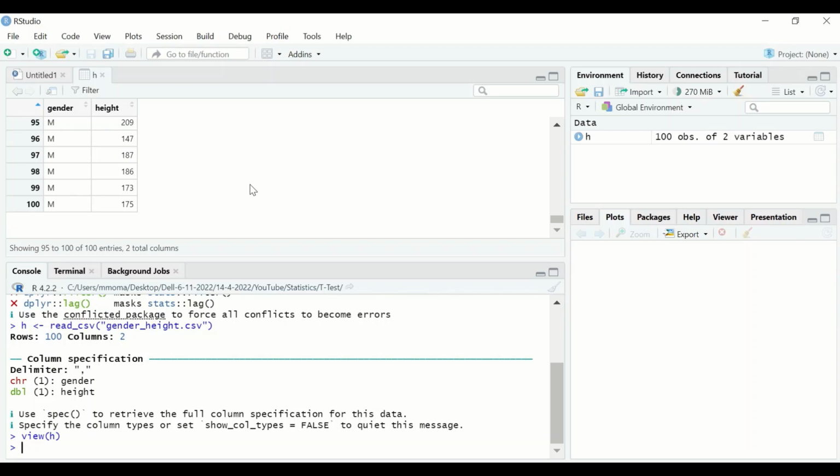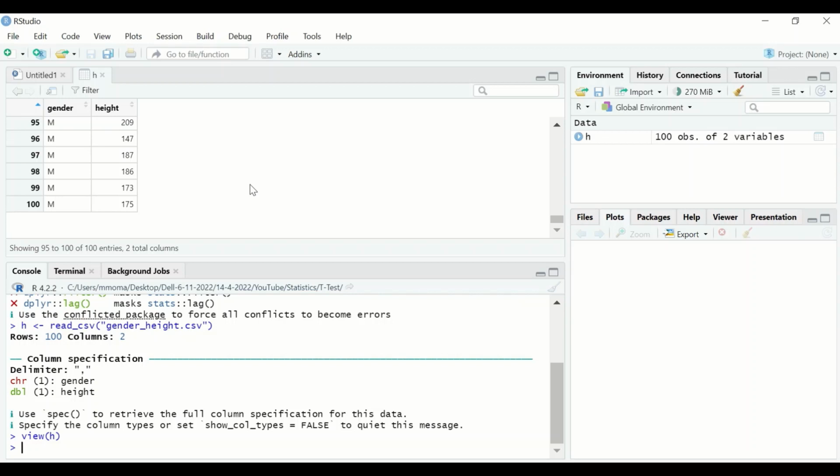To find out whether there is a difference between males and females in height, we will use the t-test, and to do the t-test, certain assumptions have to be fulfilled. We're not going to discuss it here, but we'll show you how to do the command for